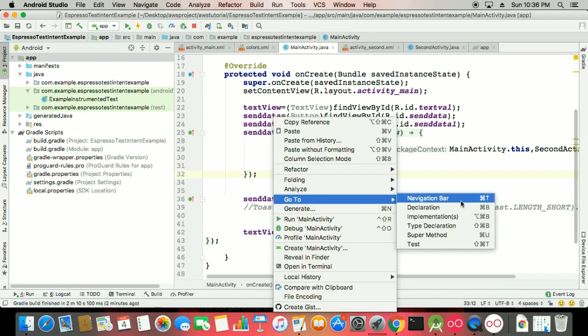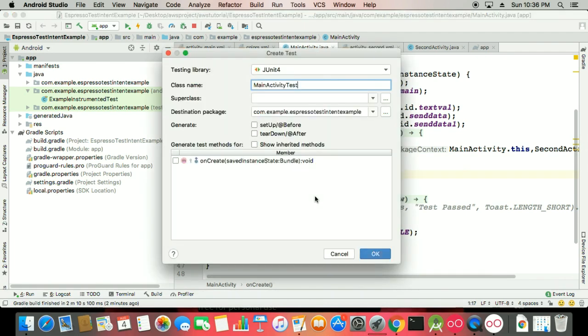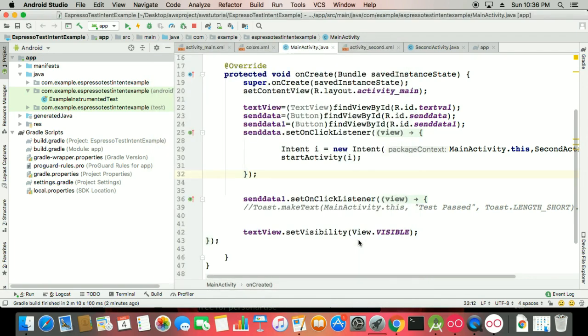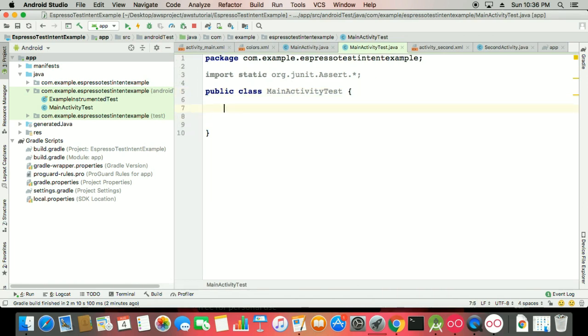So go to the test folder and create a new test, the main activity test, and say okay. It is always in the androidTest folder, as I have done many times. Here I'm not using the activity rule at first. First I'm showing you what happens without the rule. So in the test, I'm using a public